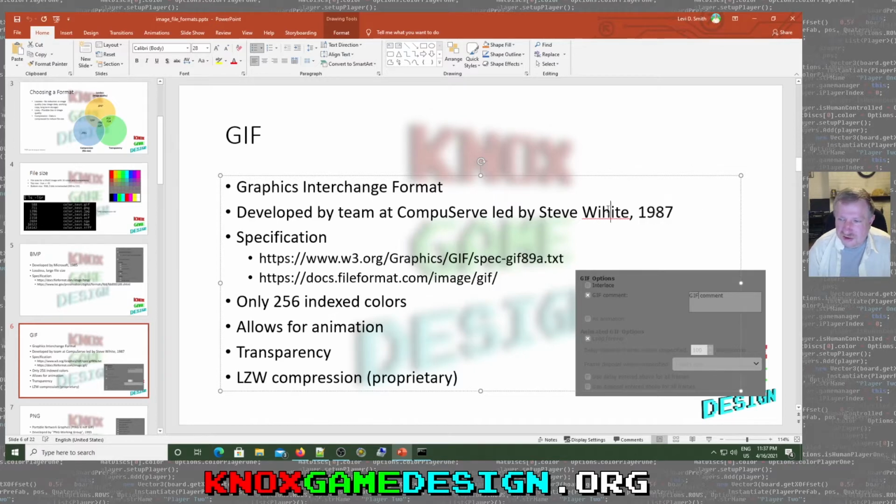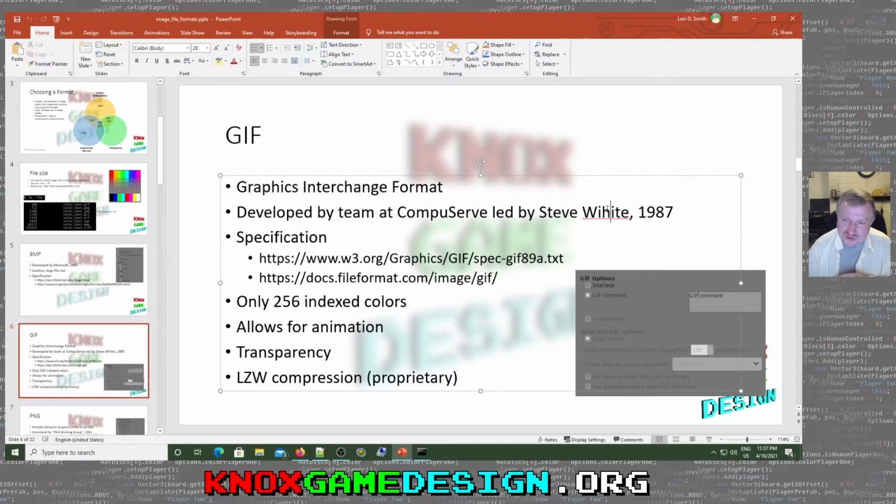But back in 1987, so I was familiar with GIFs when I was first starting to get on the internet, or probably even before when I was on BBSs in Atlanta. I'd call into dial-up BBSs, and there'd be image files, file shares of images that you could download. I can't remember exactly where I first saw my first GIF, but I was on both AOL and Prodigy back in the day. I never had CompuServe, but yeah, GIFs were commonly used on the early internet